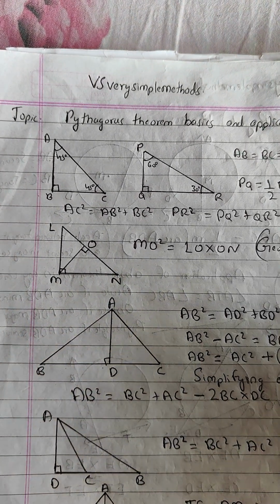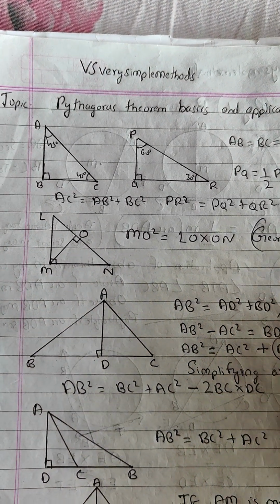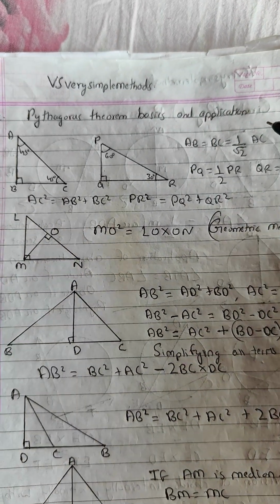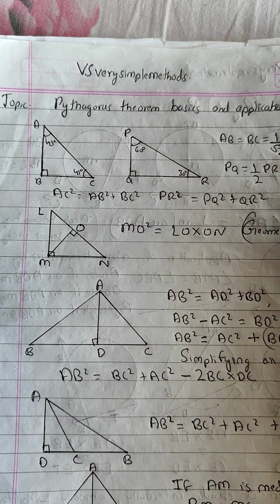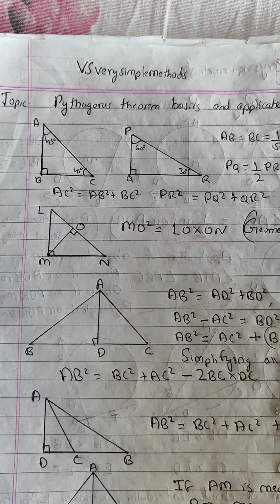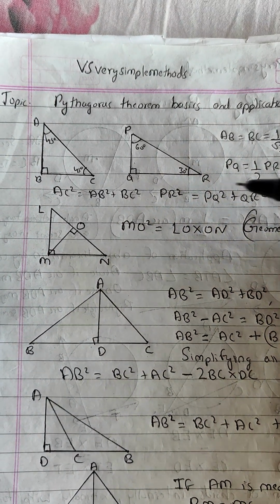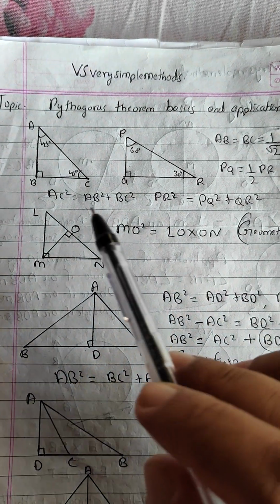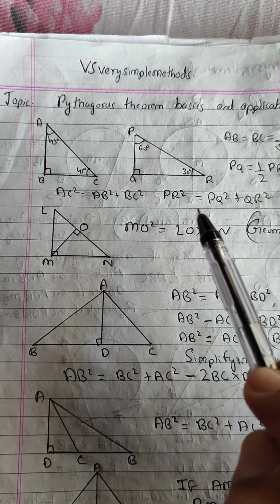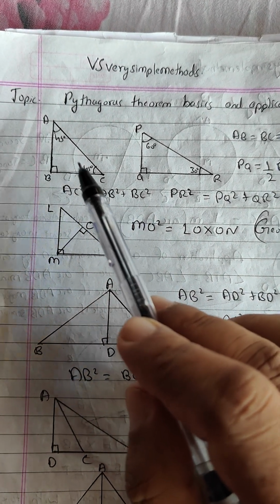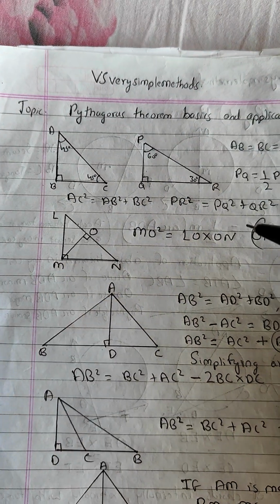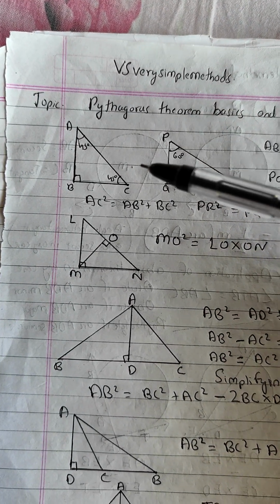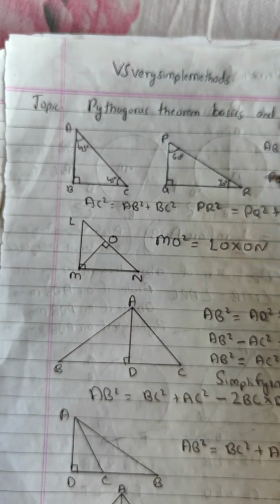Hello friends, in this video we are going to learn about Pythagoras theorem basics and application. Before I state Pythagoras theorem, I need to make sure that we all know some basics about these two kinds of triangles. If you look carefully at the two triangles I have drawn, in this triangle ABC, I am assuming angle A as 45 degrees, angle C as 45 degrees and angle B as 90 degrees,